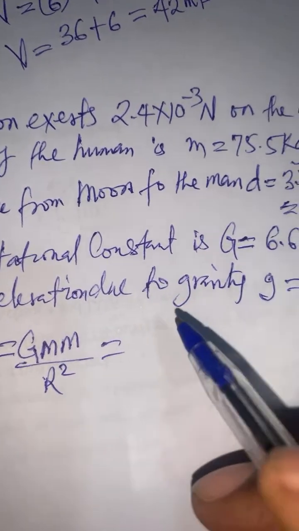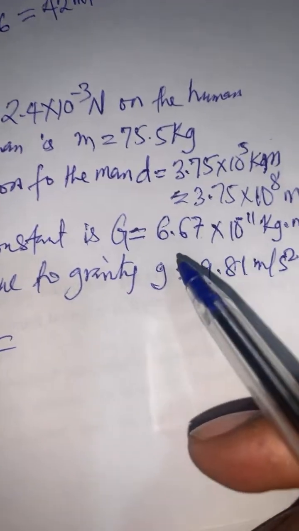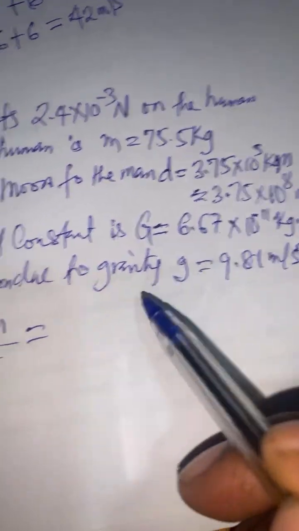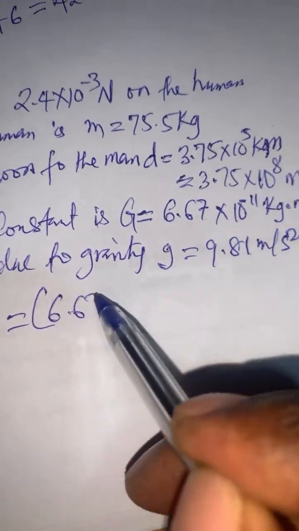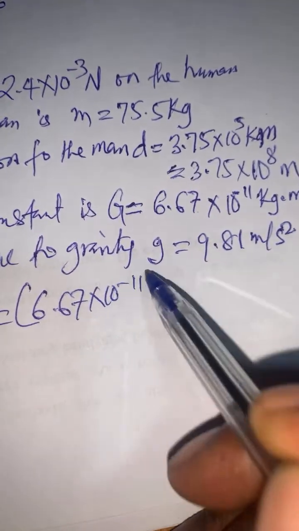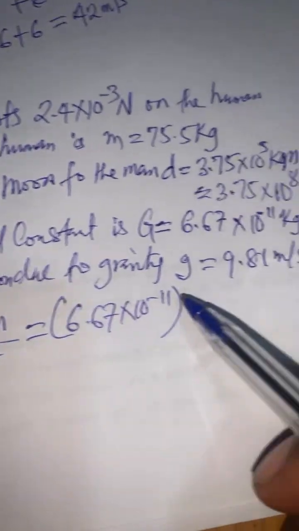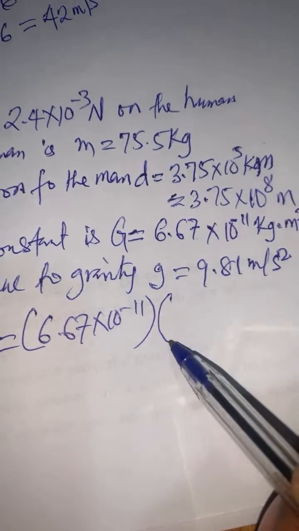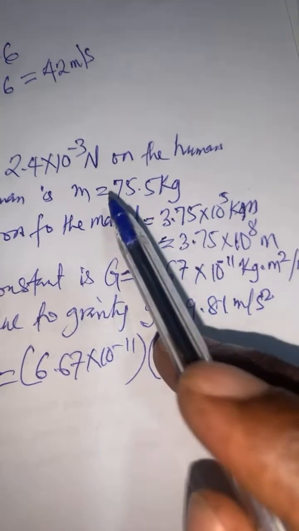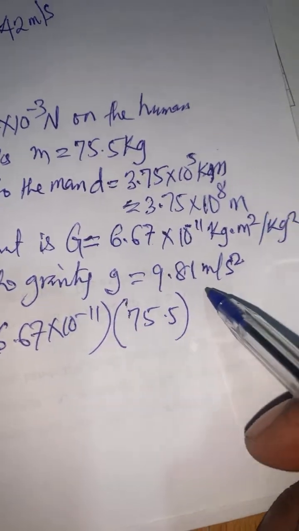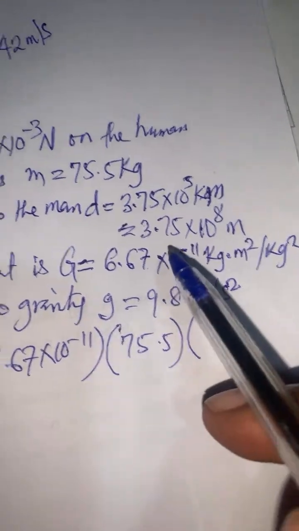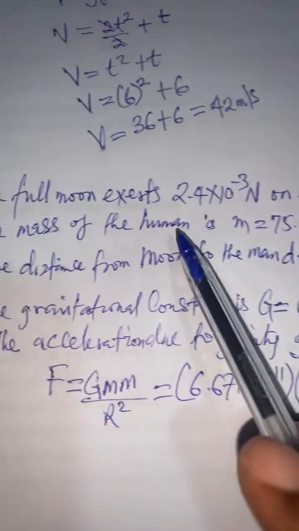I don't know if you have your calculator. That's what you should do by yourself, so that we'll move to the next question. Like this G, we have it as 6.67 times 10 to the power of minus 11. You multiply it by mass, which is, we have the mass to be 75.5. The mass of the moon is the second one, which is,